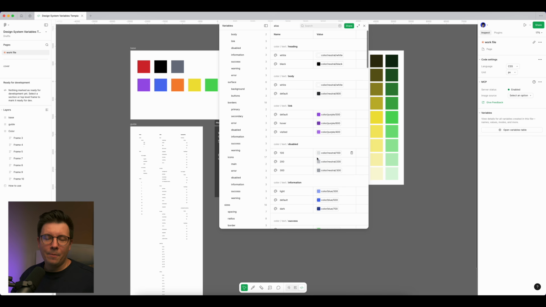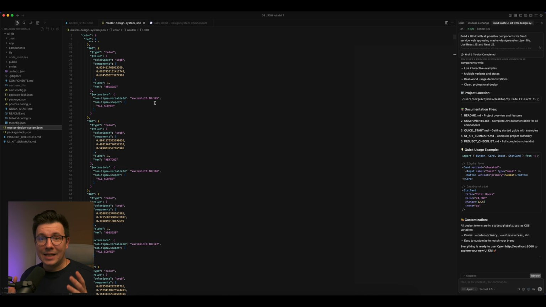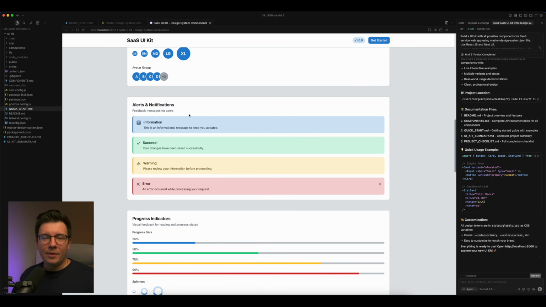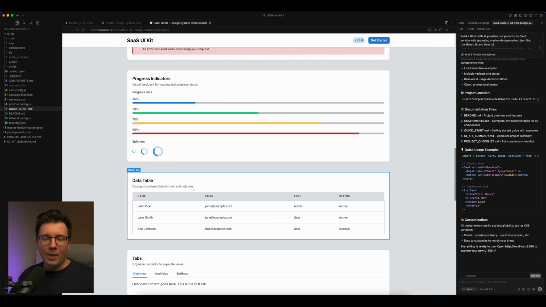In this quick tutorial, I want to show you how you can export your Figma variables to a JSON file and then create a design system file in Cursor and create a web app using your design system to show all